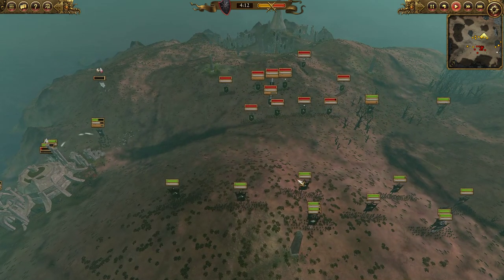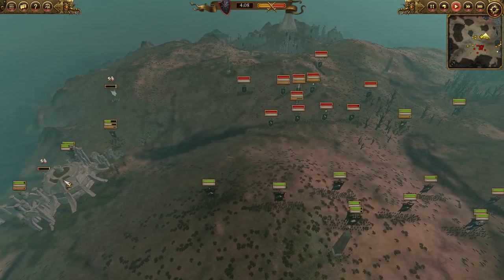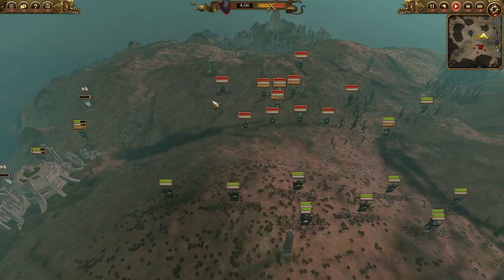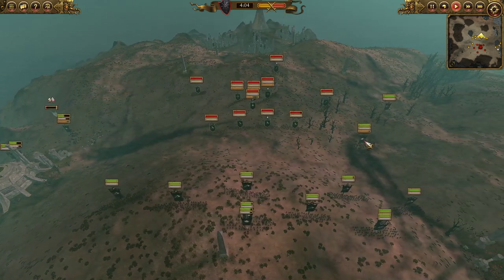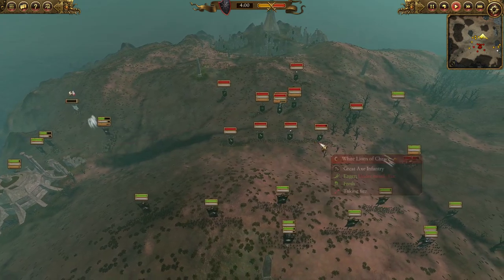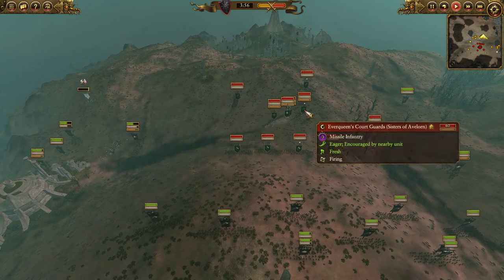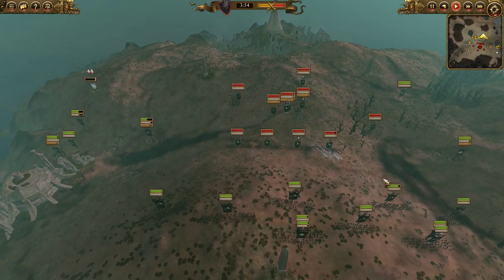So he's going to advance and start trying to take advantage of me being a little bit out of position on this left flank, but his cavalry is completely gone. So what we are going to start doing is going for a little bit of an envelopment here with our throwing axes. Try to get a little bit of extra damage in on the White Lions right off the bat, but I also don't want to take too many shots because the Sisters of Averlorn and Everqueen's Court Guard will